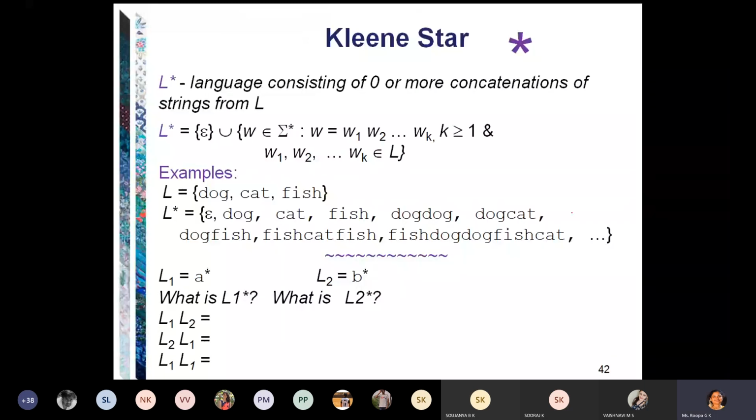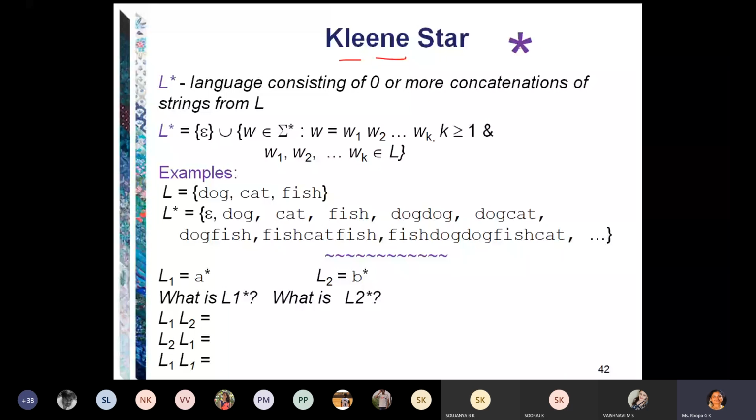Now, another important thing, Kleene star. The star operation is also called Kleene star, named after the scientist who invented this particular operation. What is star? Anyone? Star operation, I told you in the last class. How many occurrences? Repetition. Duplication. How many times? 0 or more. Infinite times, but including 0. Occurrence of 0 or more is called the star operation.